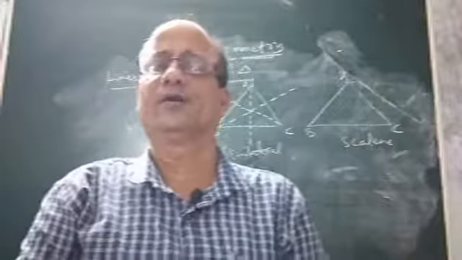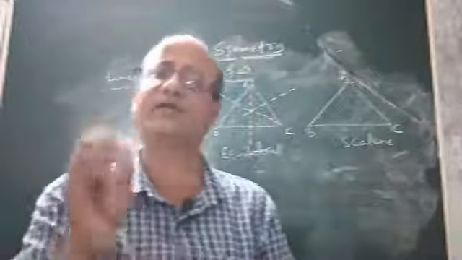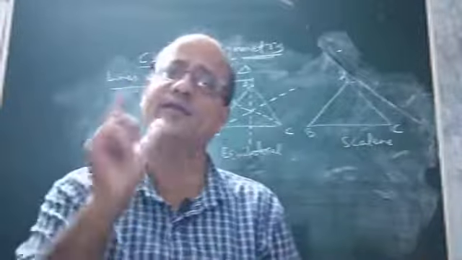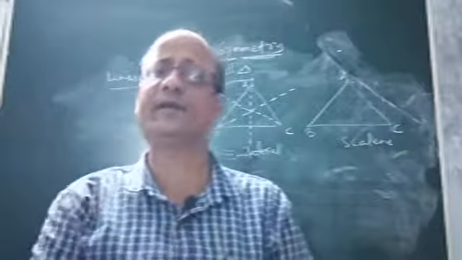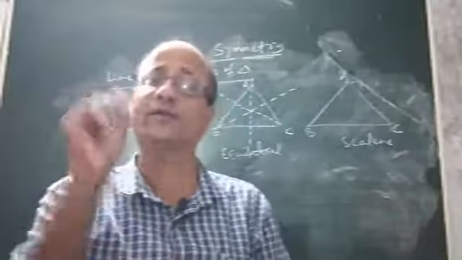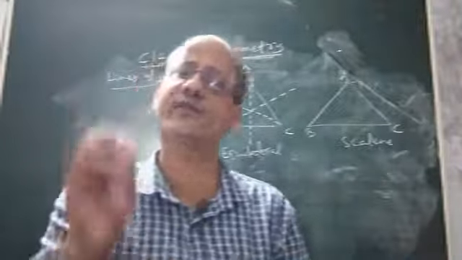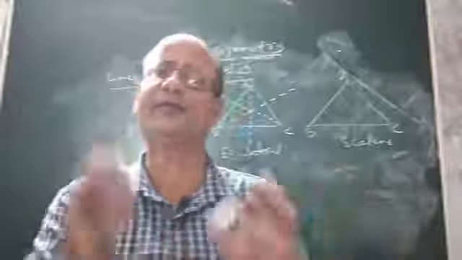Then I also discussed how to find the line of symmetry of a line segment and an angle. Which is the line of symmetry of a line segment? Which is the line of symmetry of an angle? How to bisect an angle? How to construct the perpendicular bisector of a line segment, etc. These are the things we discussed in the last class. Today let us find the lines of symmetry of a triangle.